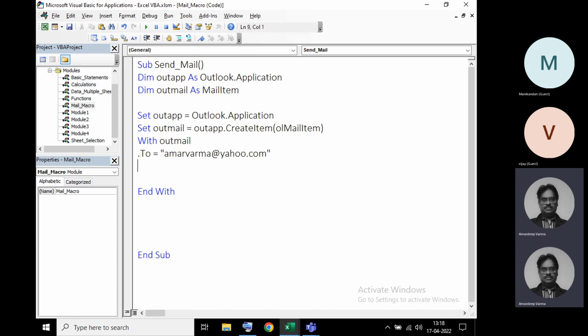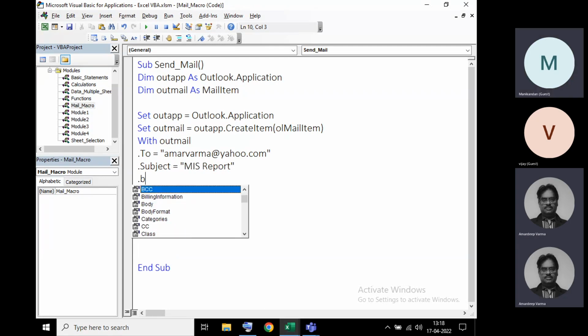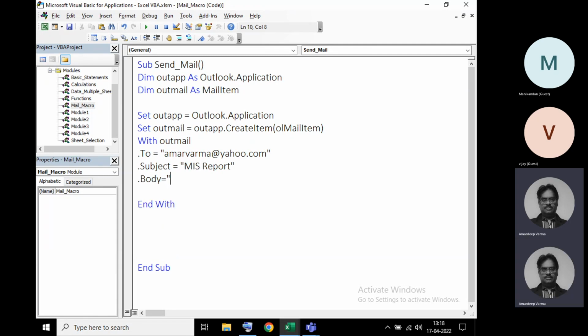Likewise, to write the subject, I can directly write .Subject. Subject will be, say, MIS report. And I need to write a body, .Body. Body will be, say,